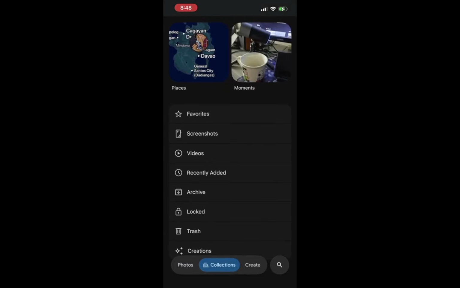In summary, recovering your Google Photos locked folder is manageable as long as you follow the right steps and ensure your